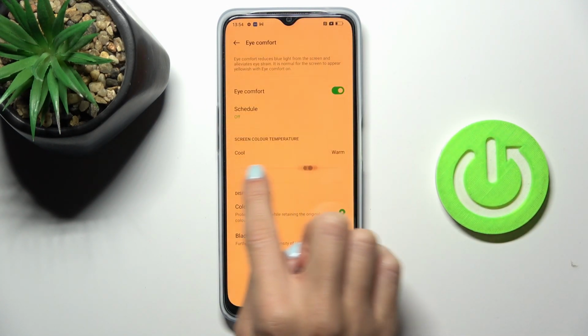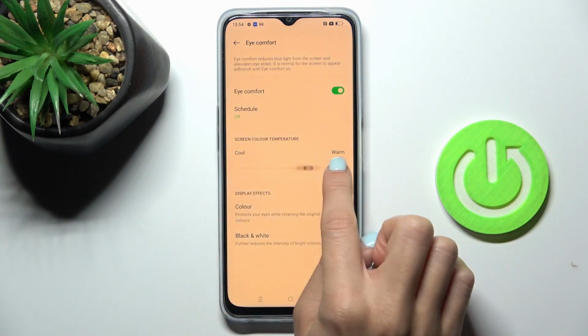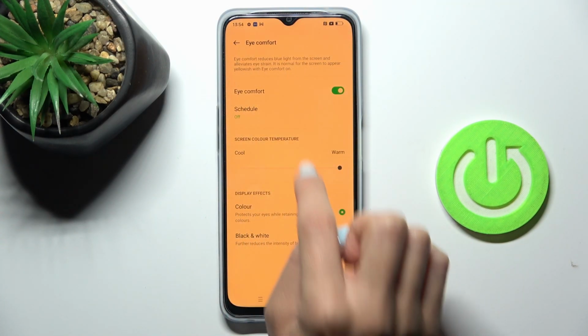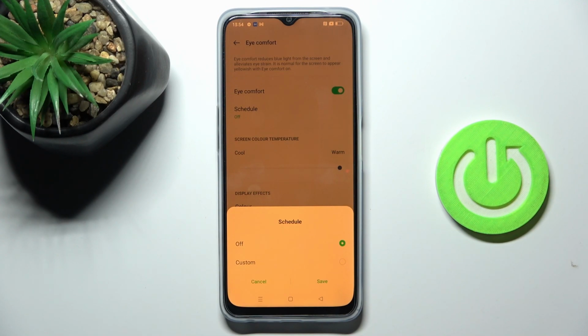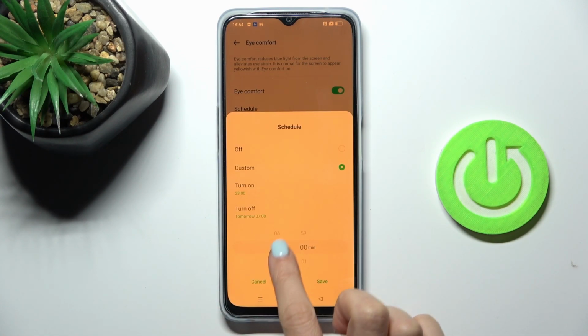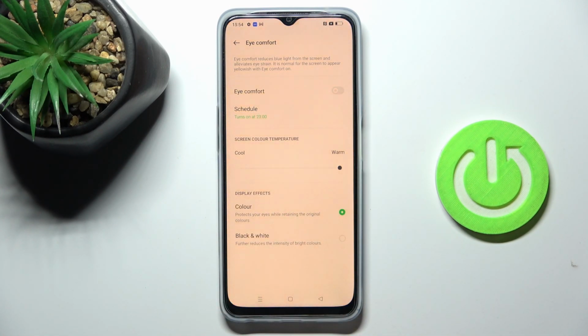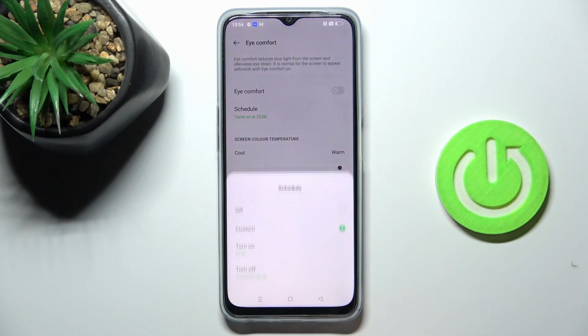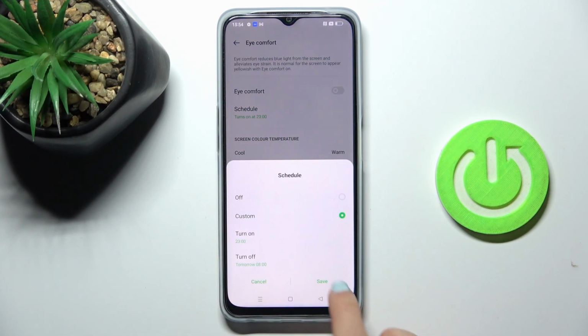Here you can select the temperature, so smoothly by sliding you can manage it. Then you can also schedule your eye comfort mode, so just tap on custom hours, and now you can select the start hour and then the end hour. Then click on save, and from now on, between those scheduled hours, your eye comfort mode will